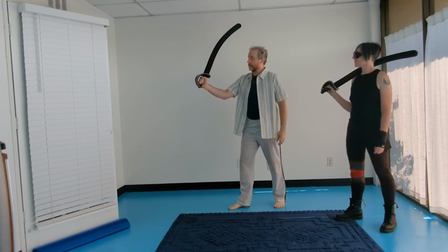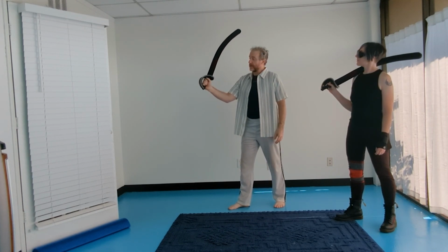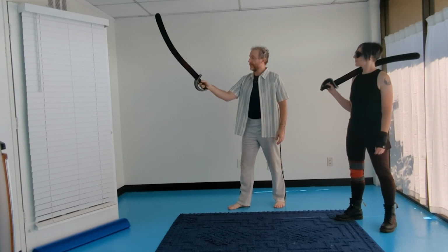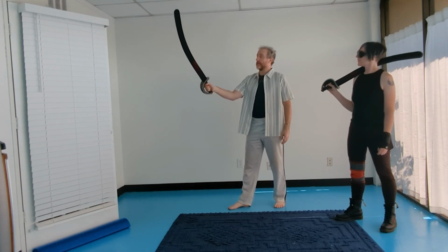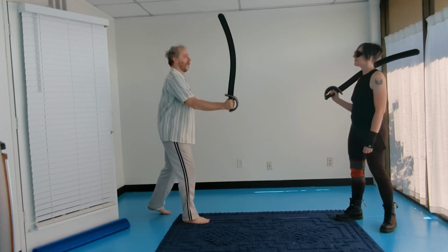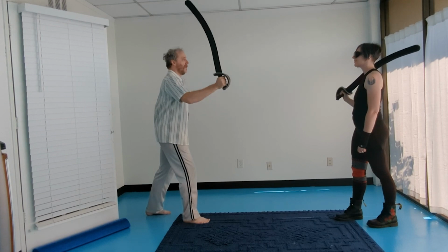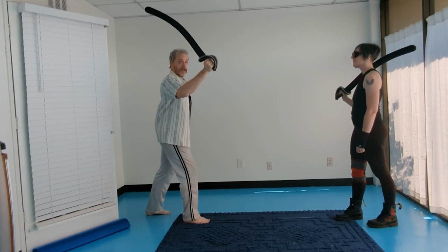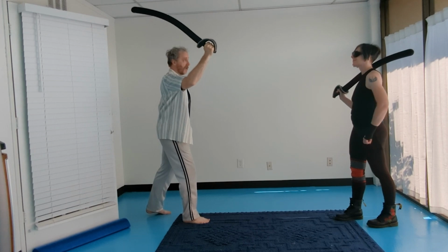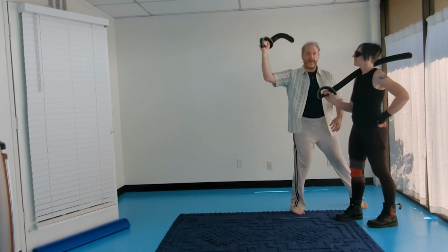Poles tend to hold here, which is why we see thumb rings being really convenient for pulls, and almost no Hungarians are using them, whereas Hungarians will tend to hold here. And that creates a different engagement geometry. If I'm here, this doesn't do me much good, so I may as well be up here and threaten a blow. And you see lots of old artwork where this is the guard, especially because in a crowded mass of